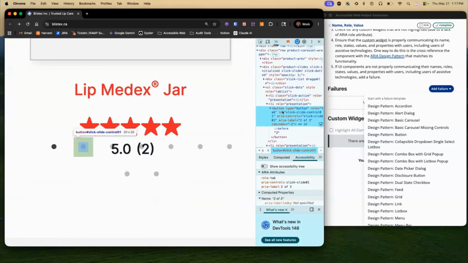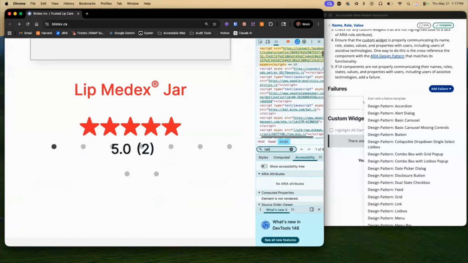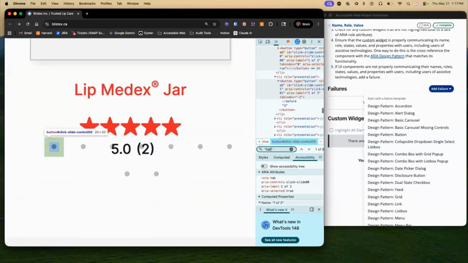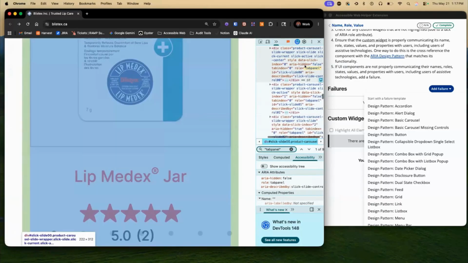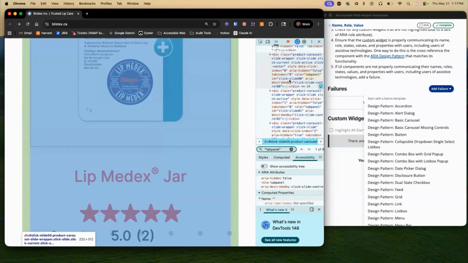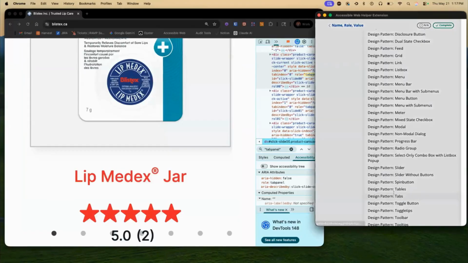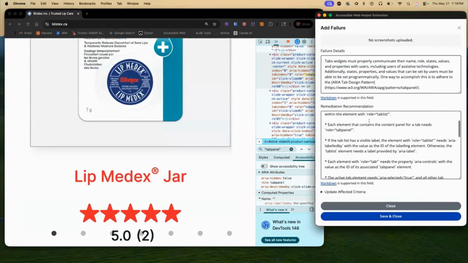There. The ID is there, and the structure is something like that. But now let's see if the tab panel is referencing the correct ID. Yeah. So now you can see the IDs here, so that can reference the right tab panel. And when we go to the tab section here, we can see the same